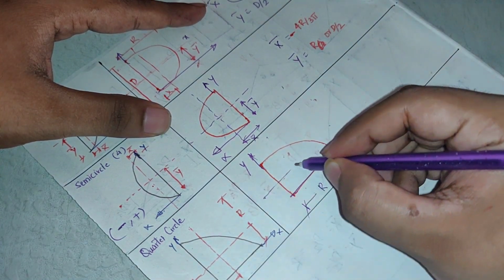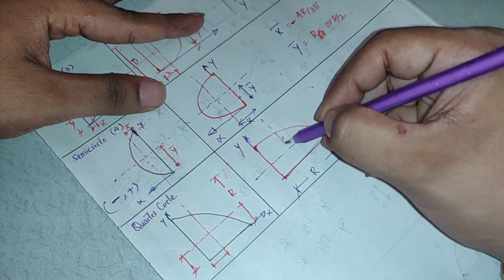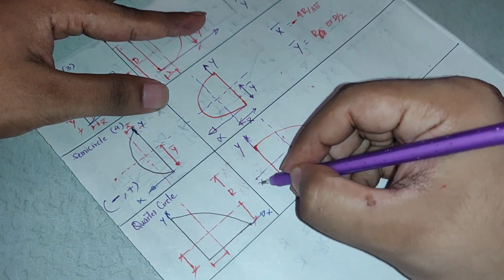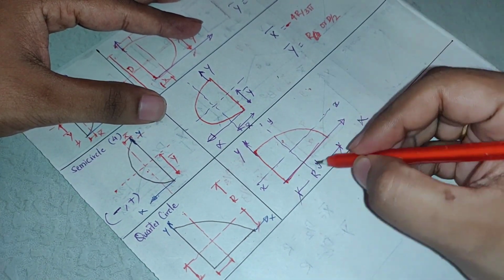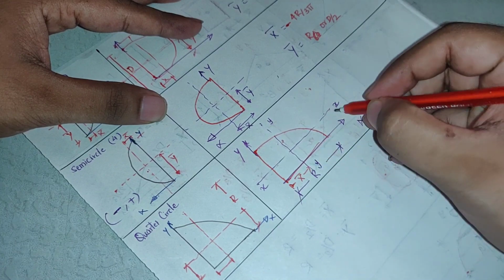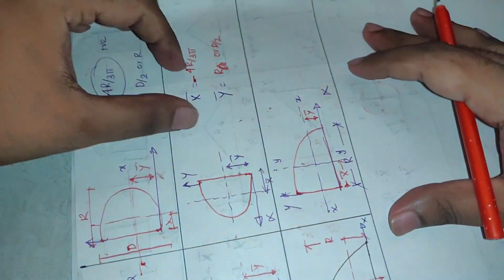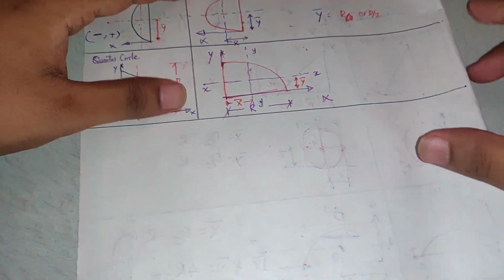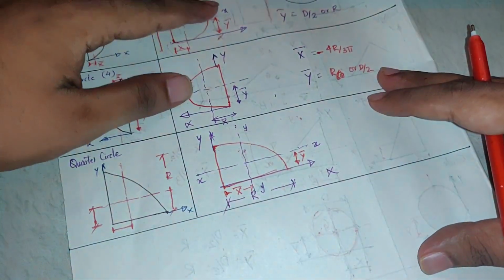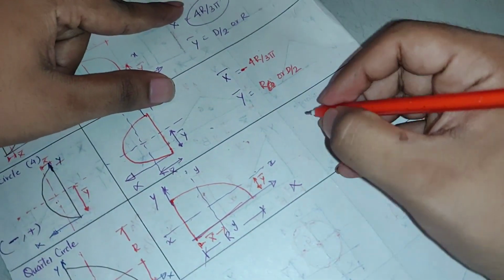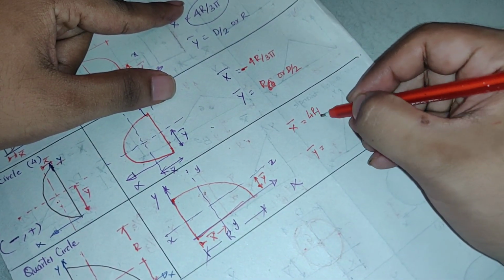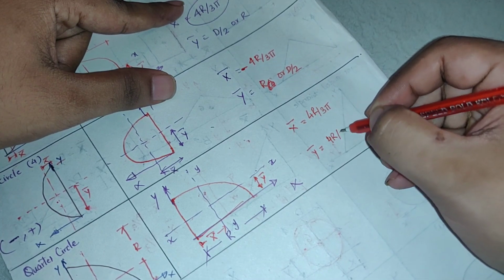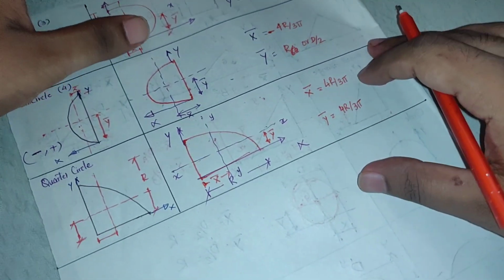So it is neither symmetrical about the x axis nor the y axis. This is the x axis, this is the y axis. So the value of x bar and the value of y bar. If you see it like this or if you see it like this, it looks the same. So whatever will be the value of x bar will be the value of y bar. See here, it looks the same if I orient it any way. So we have derived the relation for this. What is the value of x bar? It is 4r by 3 pi. This is 4r by 3 pi. Both are 4r by 3 pi.